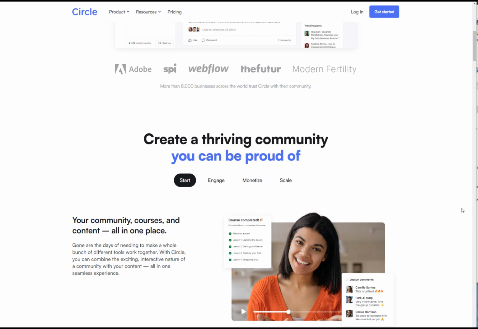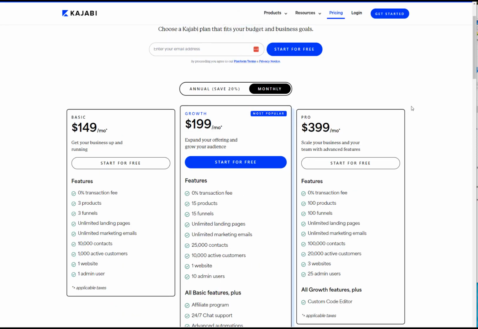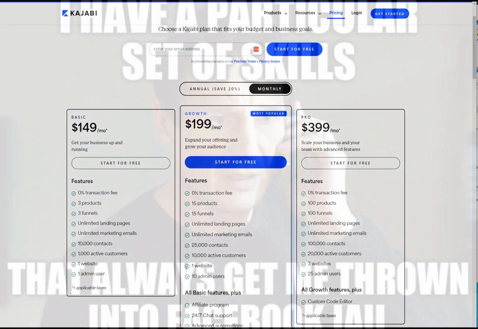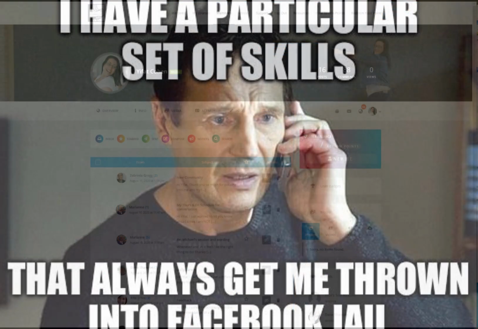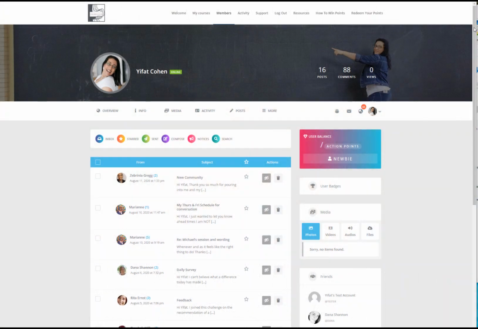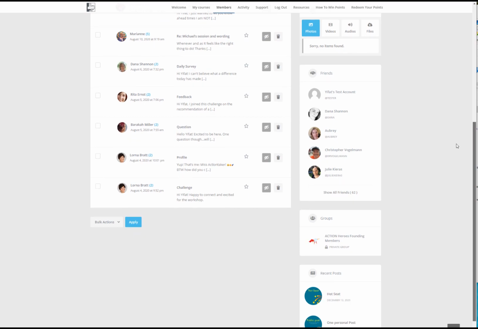So you want to build a community on your website, but you don't want these hefty monthly prices of Circle, and you definitely don't want Kajabi's hefty prices and their fees. And the worst thing that you want is to be banned from your Facebook group and sit in Facebook jail forever. What if I told you you can build your own community, beautiful, on your own properties, where you did